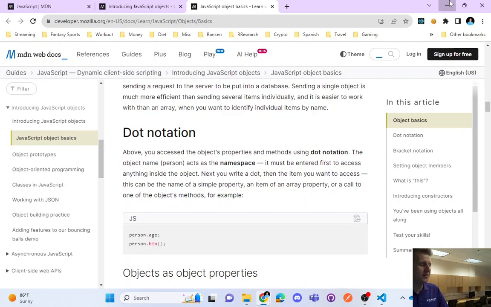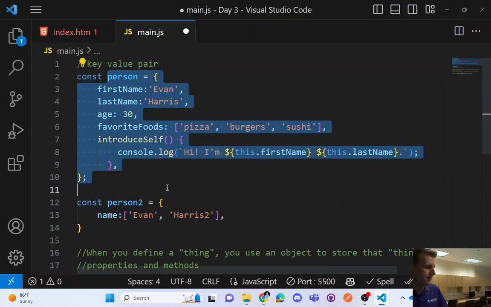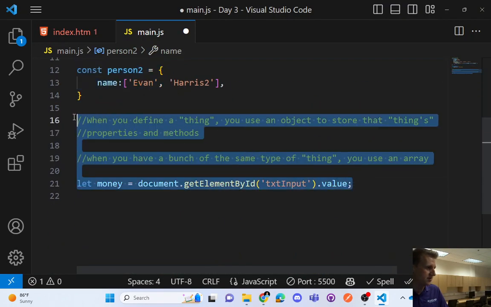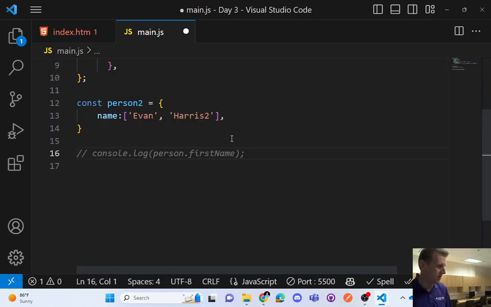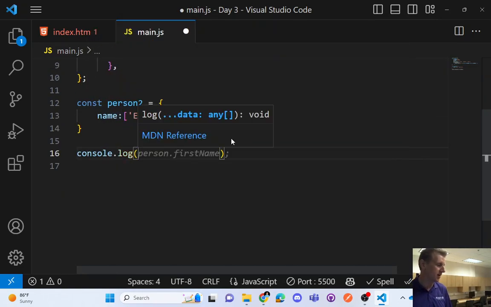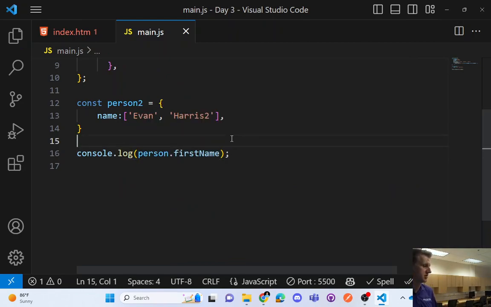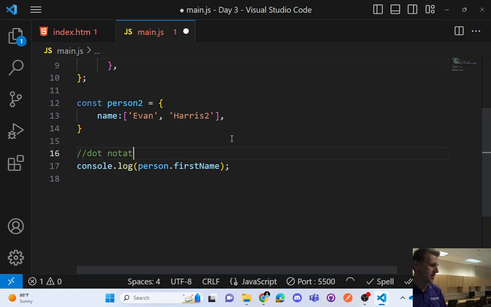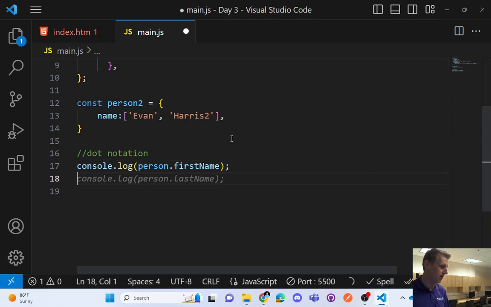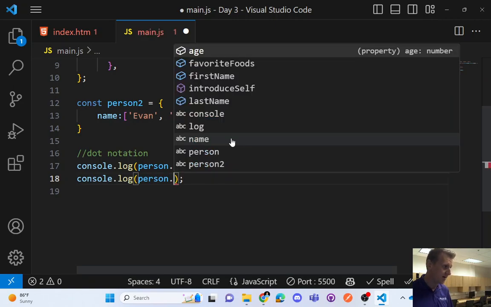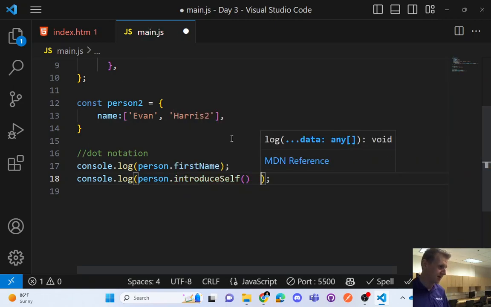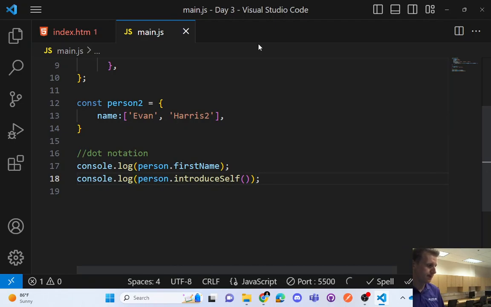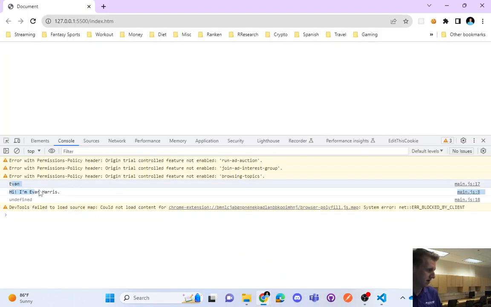Okay, so we kind of demonstrated how to put data in, right? But to get data out, you use dot notation. And so I can do console log and person dot first name. This is dot notation. Okay, so this is going to get a piece of data out. I can do a console log person dot introduce self. Okay, same thing, dot notation. And of course, there you go. If I refresh this,